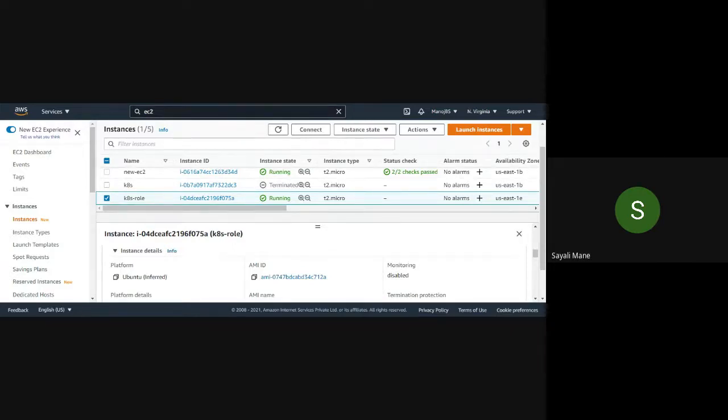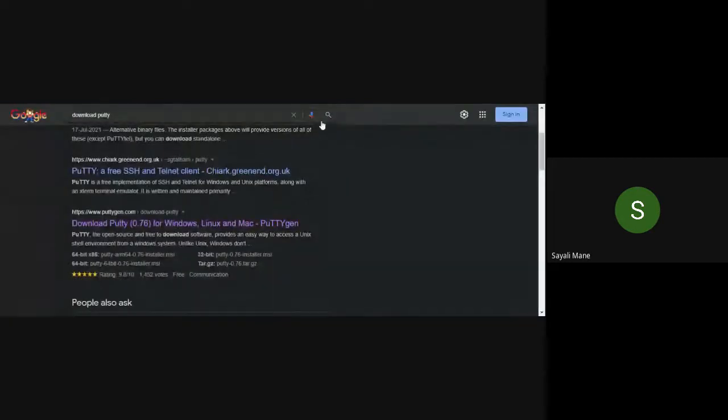Yes, okay. Now, please open a new tab and simply type download putty. This one, download putty, and just scroll a little bit. Click on this link, puttygen.com. So now, putty is nothing but a protocol, and it helps you to get access to a Unix or Linux account. That's it. So please click on this one, puttygen.com.